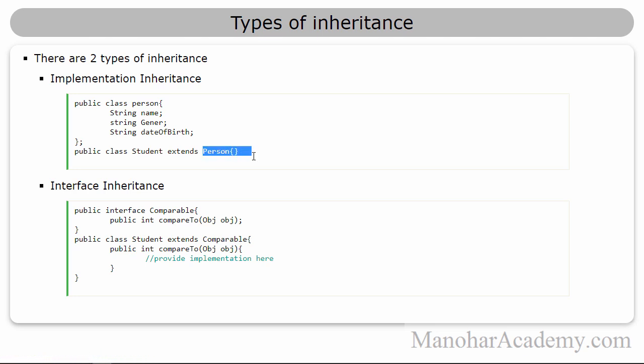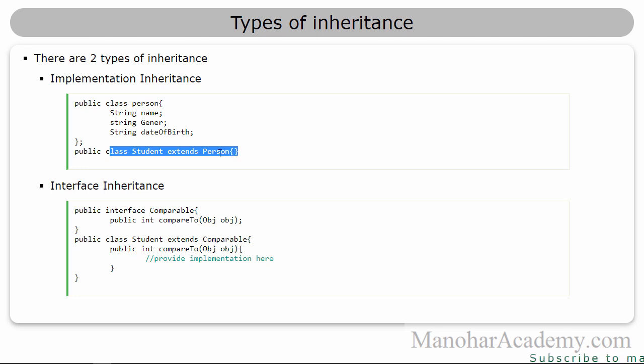So it is inheriting all the implementation details from the person. But when you are inheriting from an interface, we are only talking about interface inheritance. So you are only going to get the interface, that is the Comparable interface. So here, because Student is extending a Person, the objects are students and